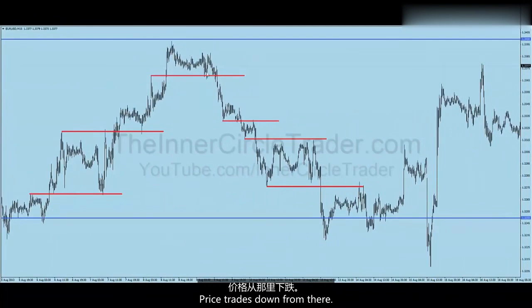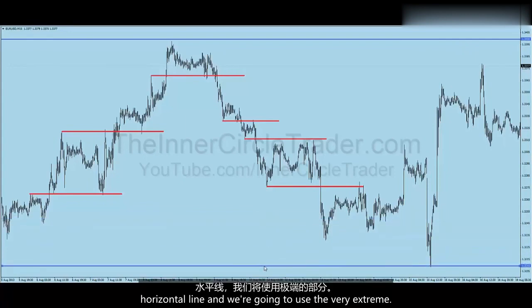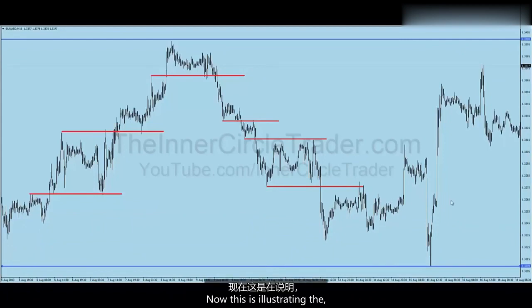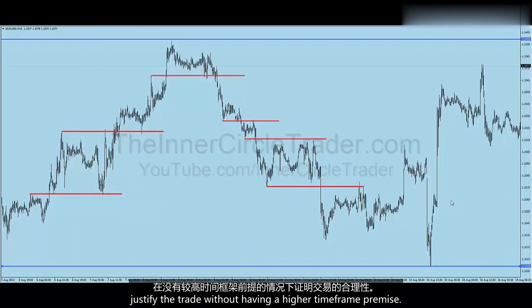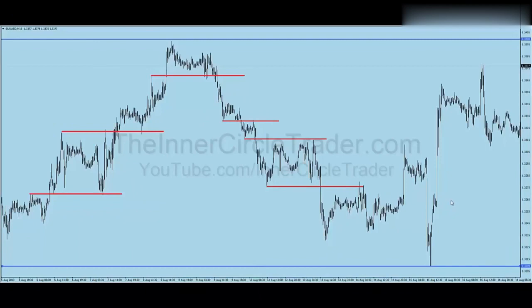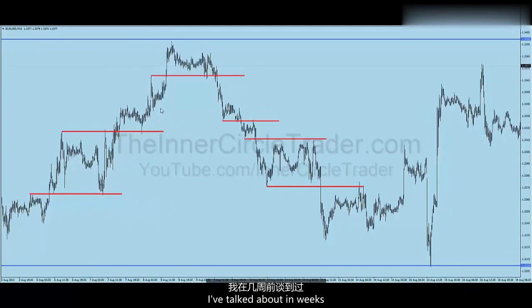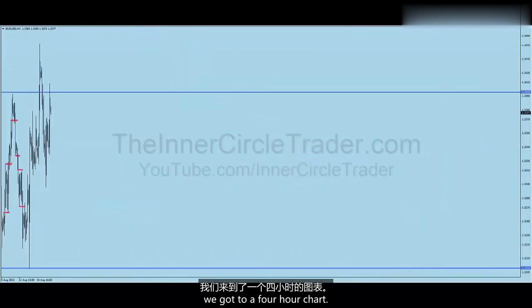Price trades down from there, okay, until it does what? It finds support. Okay, this level in here, we're just going to borrow this horizontal line, and we're going to use the very extreme. Now this is illustrating again the facade of using lower time frames to justify the trade without having a higher time frame premise. Okay, we have the 132.10 level. This is essentially what that is, and that's a level that I've talked about in weeks since the time of this recording. If we go to a 4-hour chart,